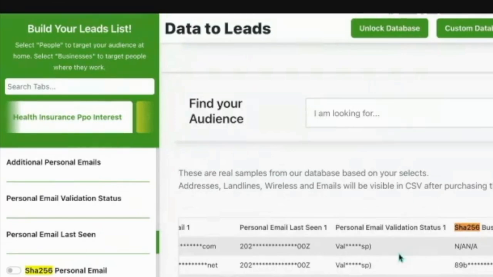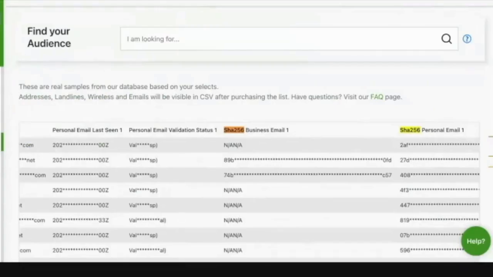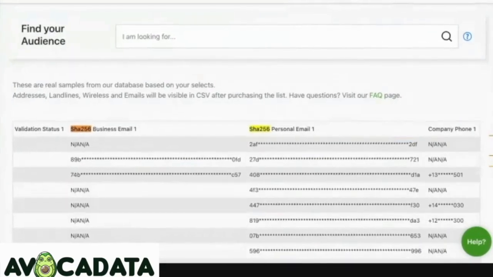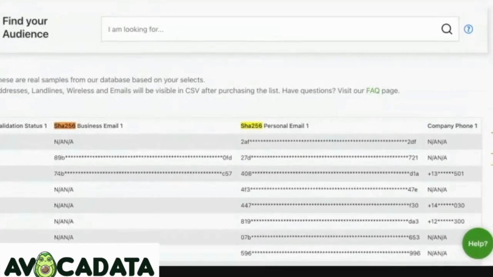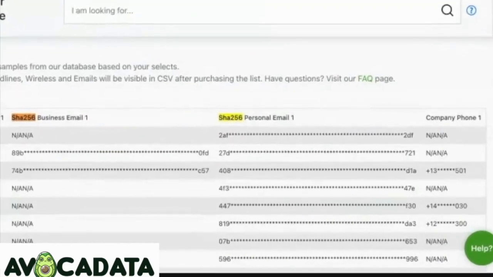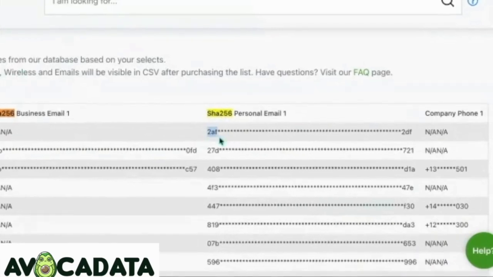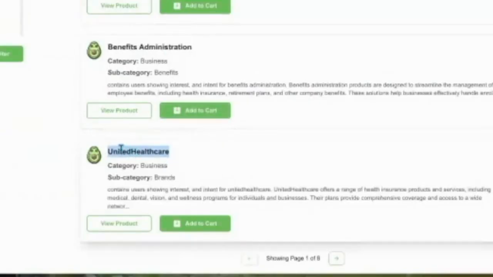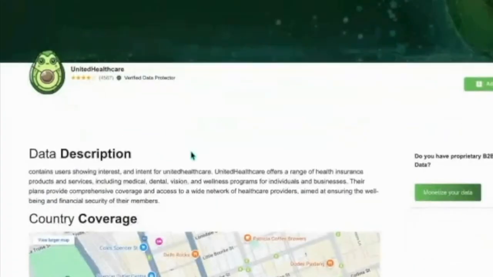The way that we determine interest, quote unquote, or intent is through this ID right here. So let's forget all the words intent, interest, verified, all those markety, gimmicky words that have complicated the industry to a high degree. The real reason why these are considered intent or interest or in the market leads is because this ID was on various websites. For instance, this ID may have been on the United Healthcare website. And the way that this database was built is people who are looking for services, medical, dental, vision,